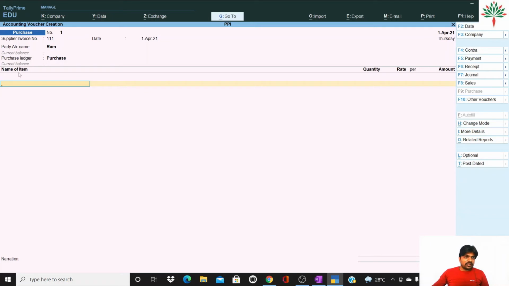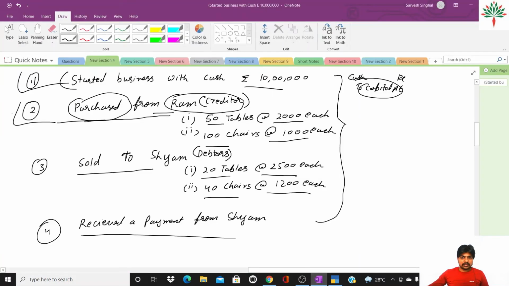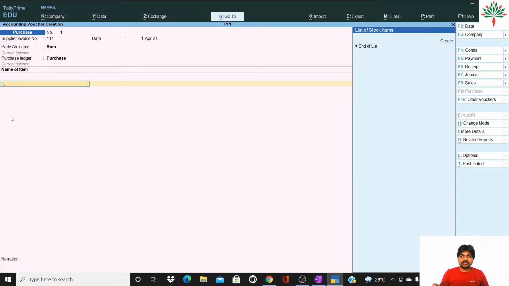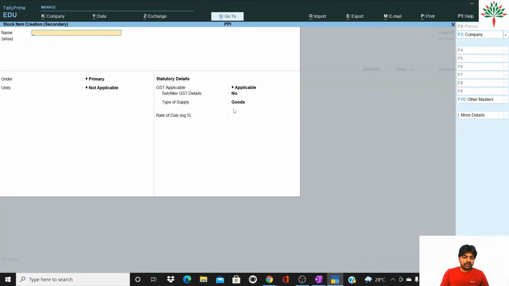Now it is asking for the name of the item, whatever we have purchased. Now what have we purchased? 50 tables at the rate of 2000 each, right? So again, tables. Now it is showing there are no stock items, so you will have to create a stock item. Alt plus C. Name of item is table.